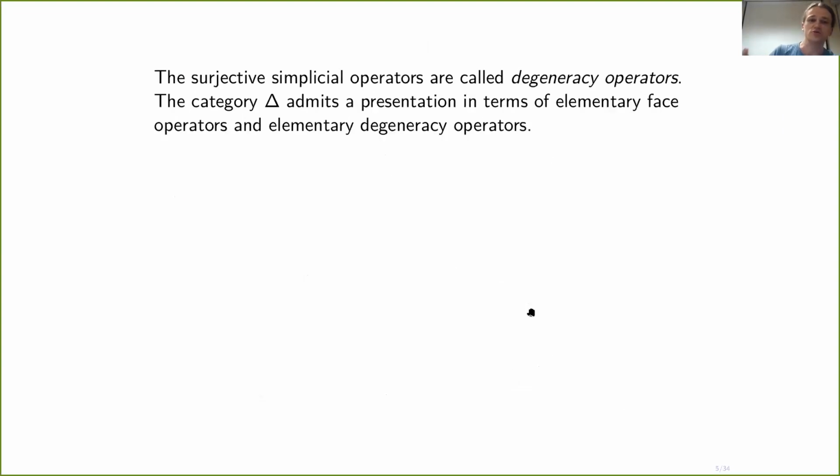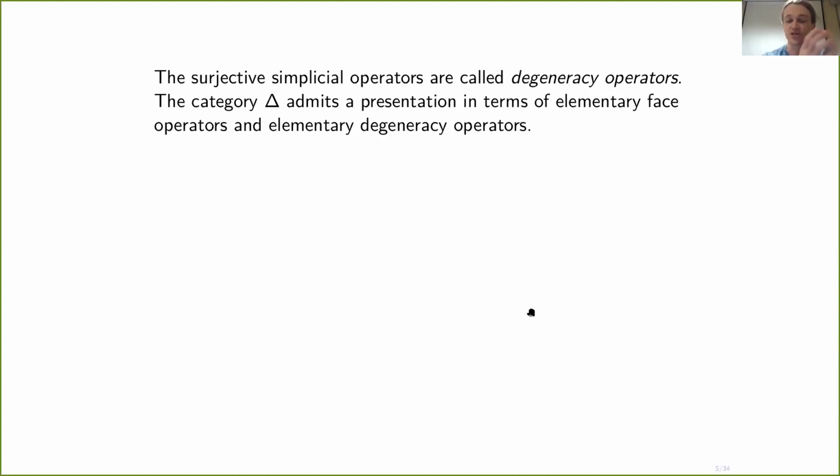In addition to face operators, there are also degeneracy operators, which are the surjective ones. For the moment, I'm not going to speak about them. They will become very important later on when we get to the constructive part. Right now, I just want to mention that the category delta admits a presentation in terms of elementary face operators